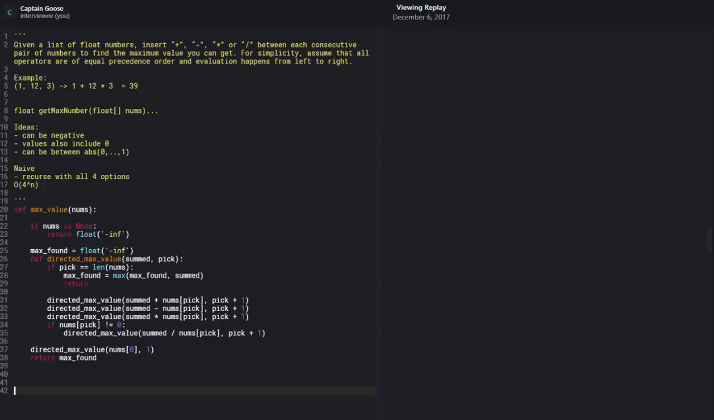See, 1, 12, 3, the first example, right? So this one, local variable max found is referenced before assignment. Right, okay. It's because